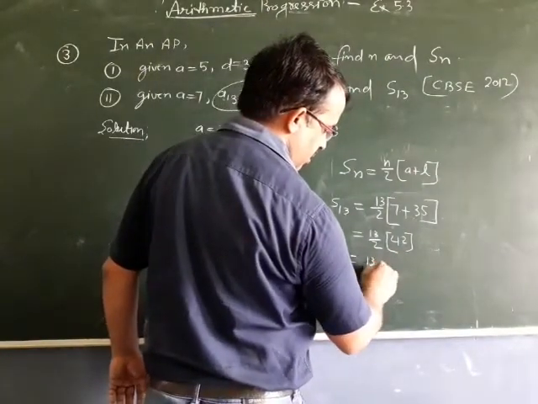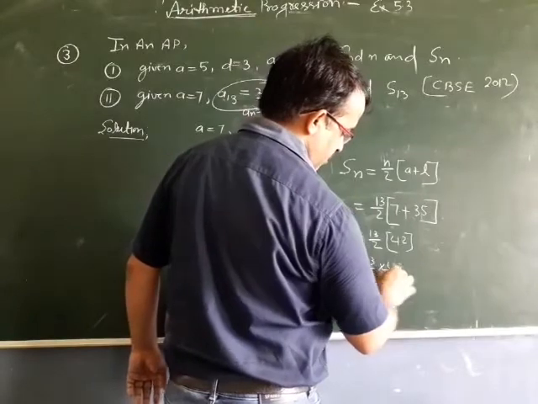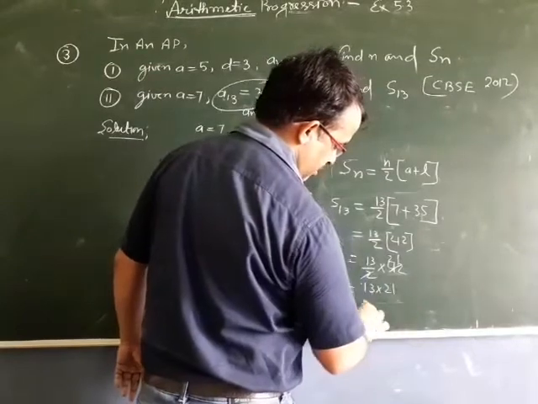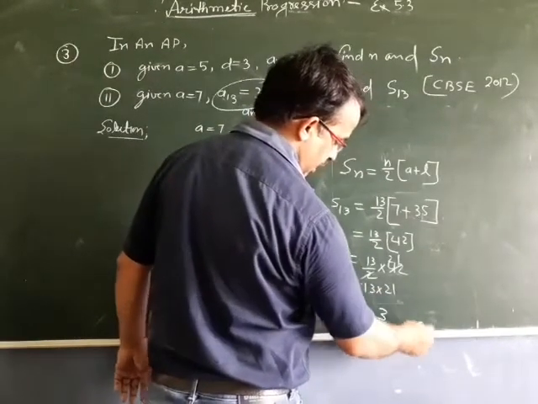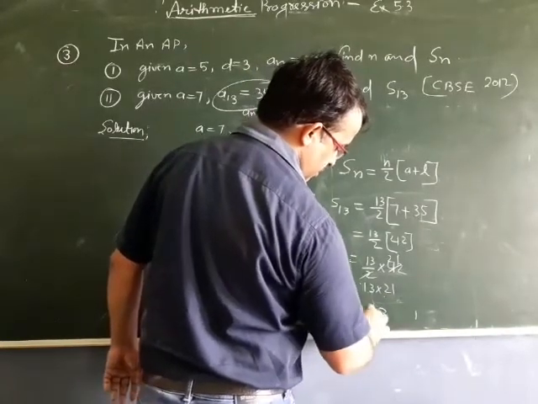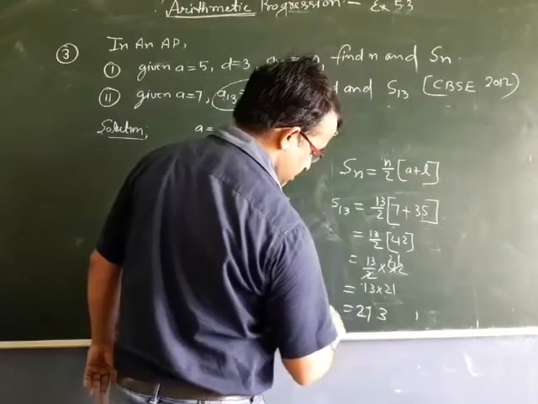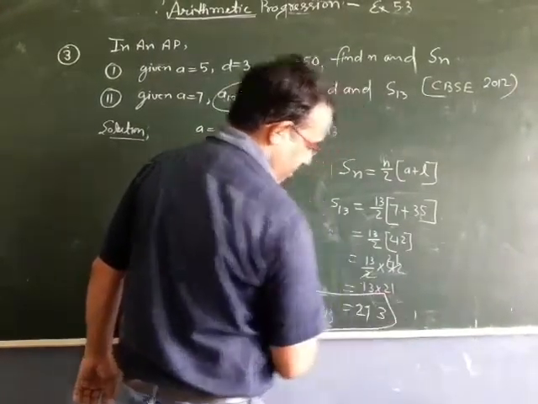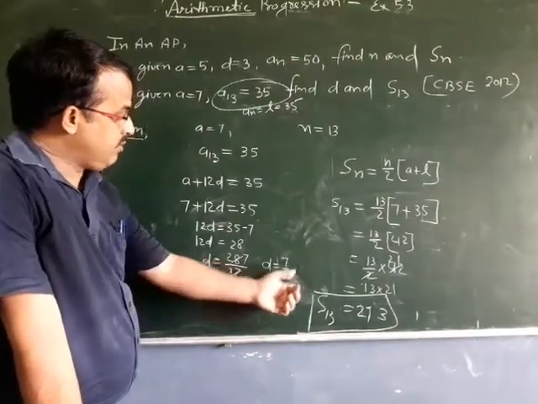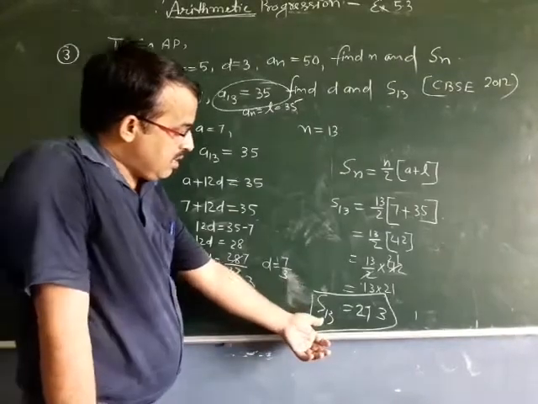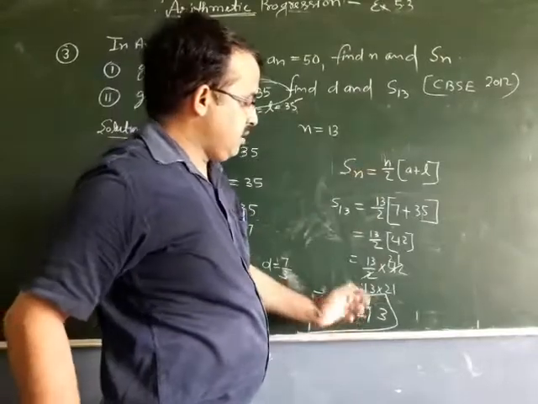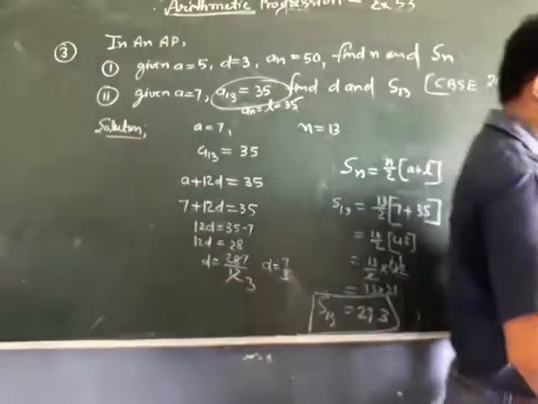Now 7 plus 35 is 42. So 13 by 2 into 42. 2 twos are 4, 2 twenty-ones. 13 into 21: 13 ones are 13, 13 twos are 26 plus 1, 273. S13 is 273. 273 is your answer. Clear? We found d is 7 by 3, and S13 is 273. Both things are found. This is your solution. Clear? Now